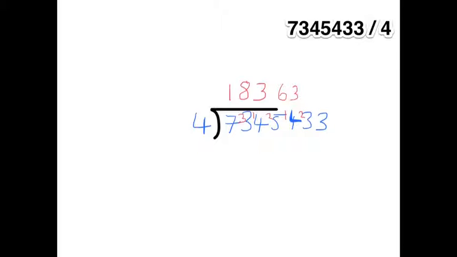Next, how many 4's go into 23? I know 5 times 4 is 20, put a 5 up here, but as the difference between 23 and 20 is 3, I shall carry 3 into the next column. Here, 4 times 8 equals 32, so I'll put my 8 up there, and the difference between 32 and 33 is 1. Now, I could just put remainder 1, but this time round I would like to work this out